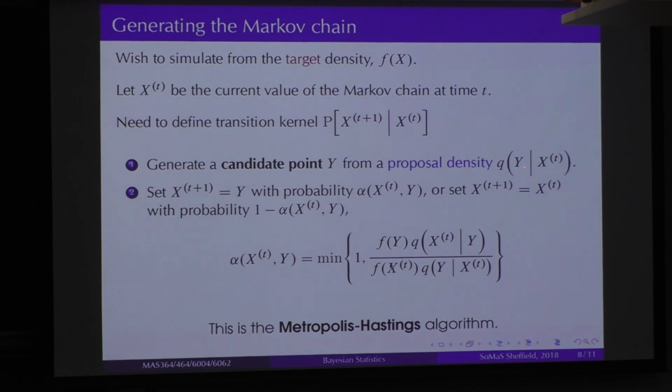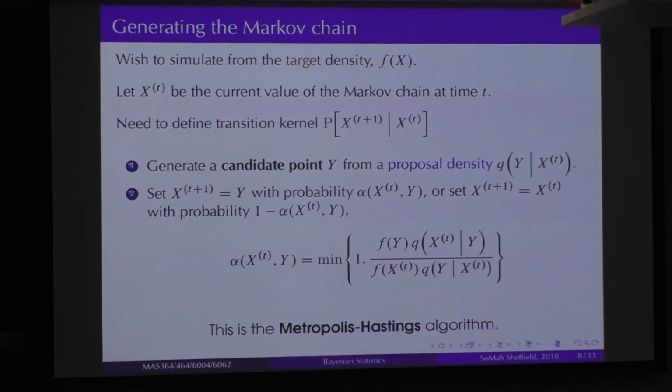If we do that, if we propose values and keep them with that probability or reject them with probability 1 minus that, then after some time, the Markov chain emerging from this